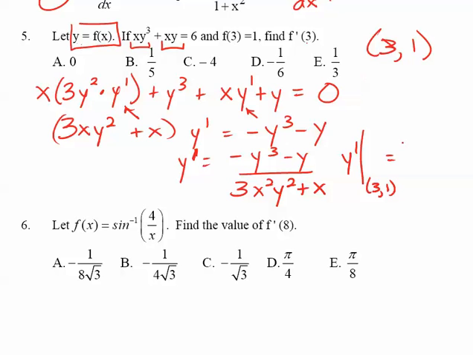So we would get what? The opposite of 1 minus 1 divided by, putting 3 in for x, we'll have 3 times 9 times 1, so 27 plus 3, so negative 2 over 30, or negative 1/15,